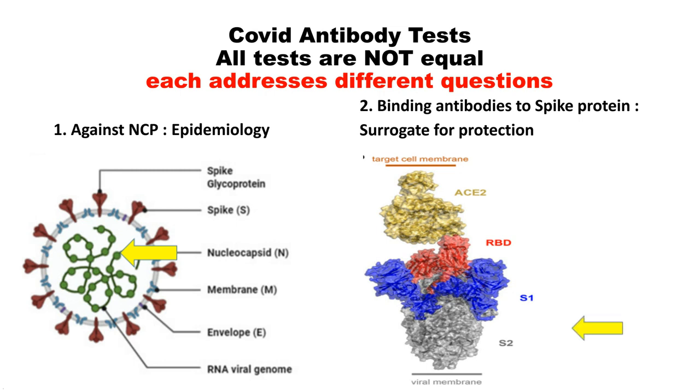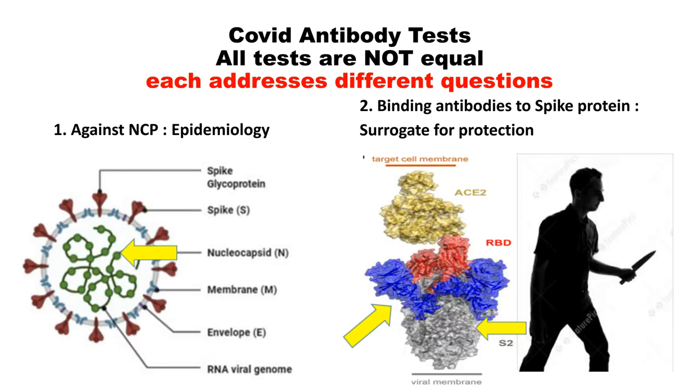On the other hand, binding antibodies can bind to any part of the spike protein. But protective antibodies are those which can protect a person by holding on to the site which leads to infection. By neutralizing them, it is the neutralizing antibodies which indicate the closest you can get to showing protection.